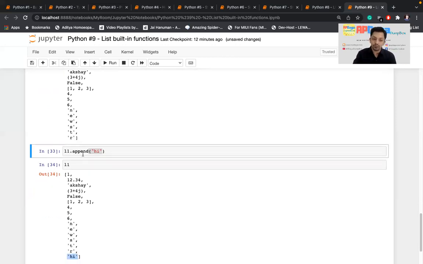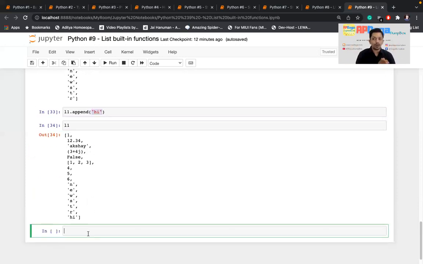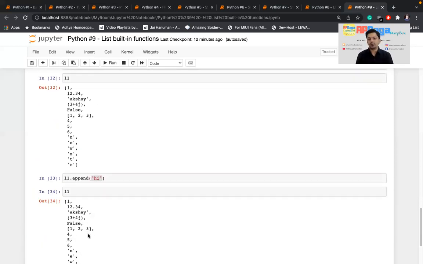But when you use append, whatever you pass, the whole thing is added in the list as a single element. So that is the difference. If you are still confused about append and extend, if you do some practice, you will get some idea, like confusion will be cleared. So that is the basic difference between append and extend.